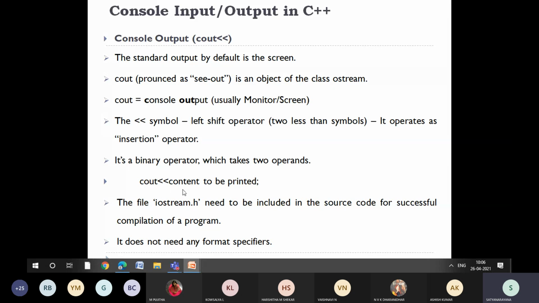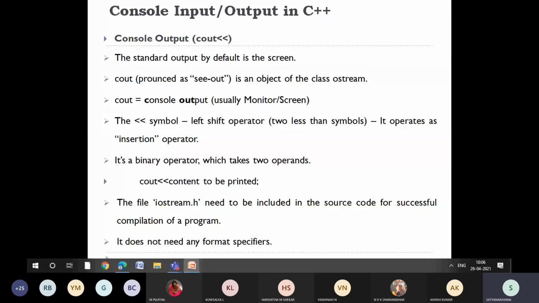And in order to access console input output functions in C++, we use the header file called iostream.h, which is similar to stdio.h in C programming, whereas in Java it is import java.io.star. So header files are mandatory in almost all the languages used for real-time application development. The only difference is how we call them.